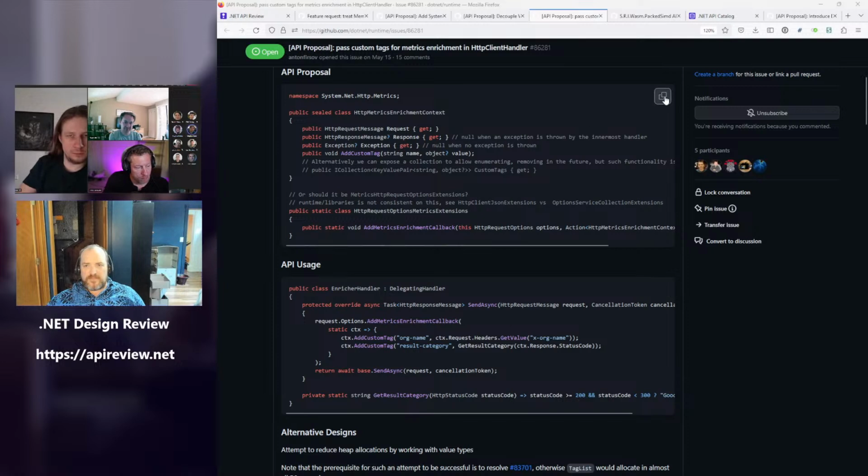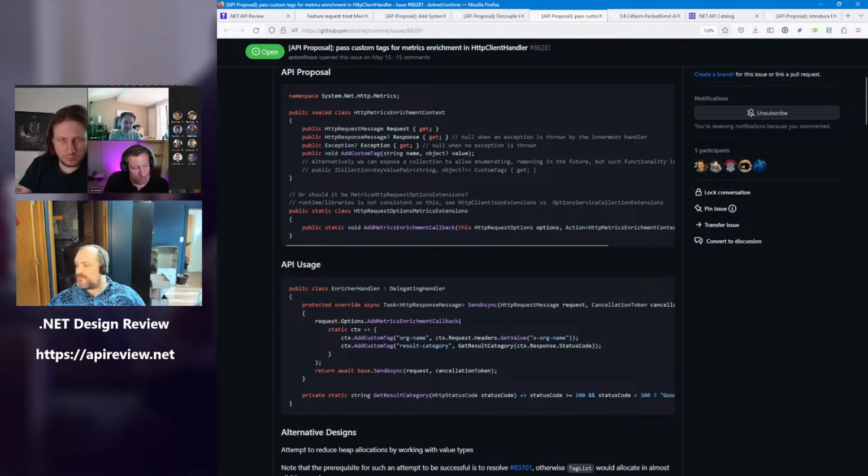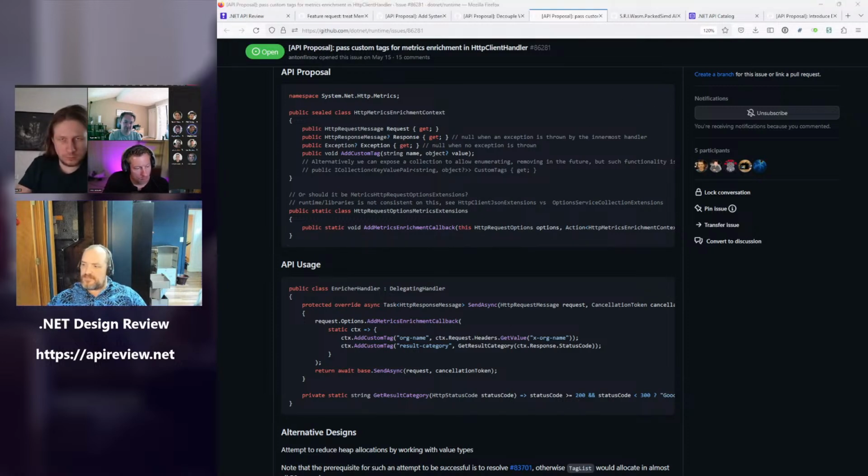So just the general flow here is someone, either the originator of the HTTP request message or more likely a delegating handler in the pipeline, or potentially a recipient of a diagnostic source handing out the request object, basically supplies a delegate, and their delegate hooks up custom tags.